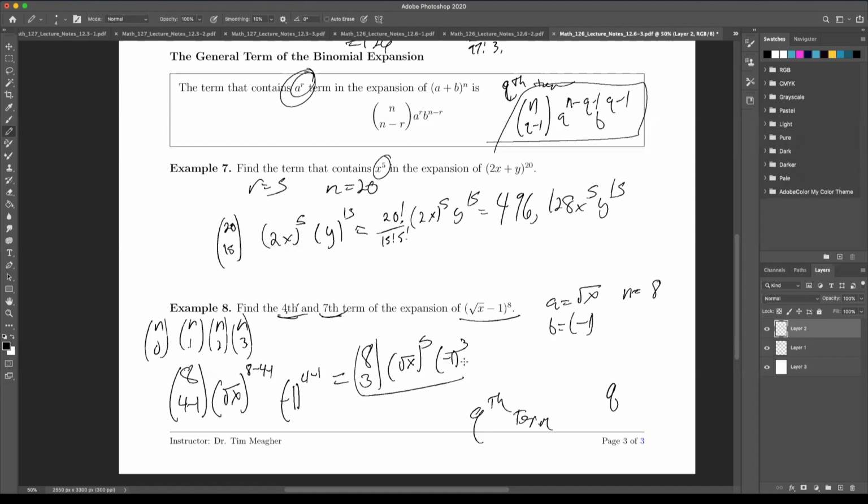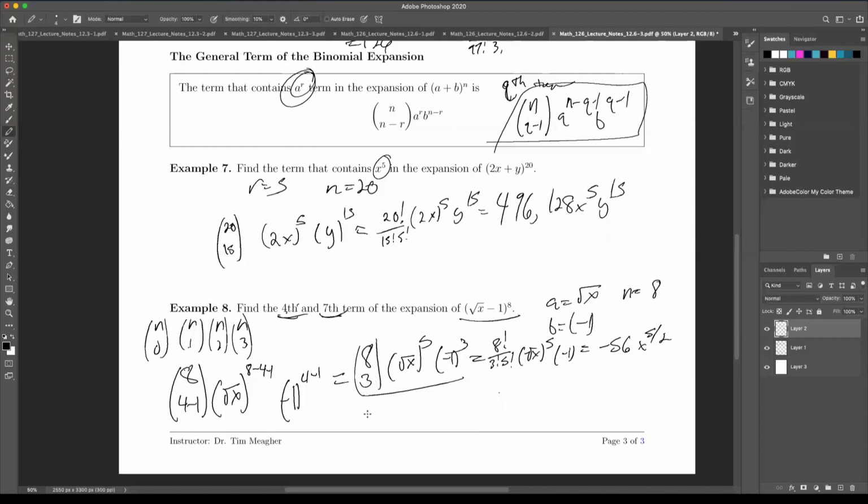And then we just crunch this through a calculator. So this becomes 8 factorial over 3 factorial times 5 factorial, times the square root of x to the fifth, times negative 1. So if I crunch through that, I actually get minus 56 x to the 5 halves. Okay. All right, let's go ahead and get rid of this so I have room to do that. Now that I've crafted the new formula for you guys,